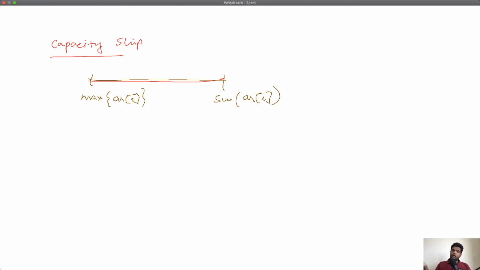So that took order n time. So the complexity of this will also become order n into the logarithm of the size of the search space. So what is the size of this search space? It is sum of array I minus max array I, which is roughly sum of array I itself. So this is the time complexity of this particular question.